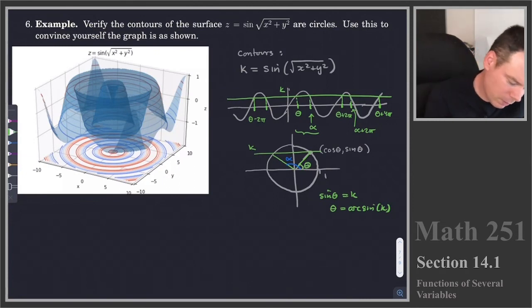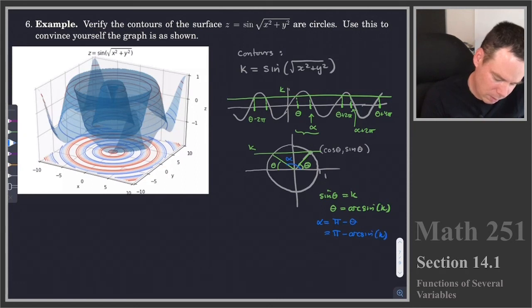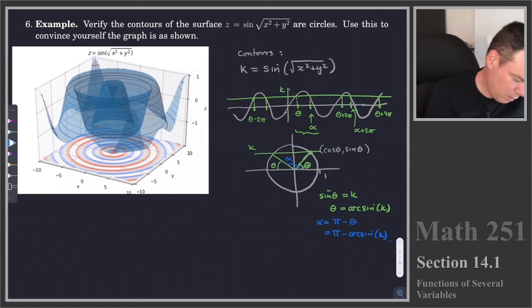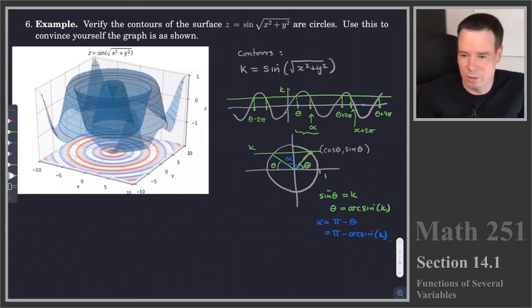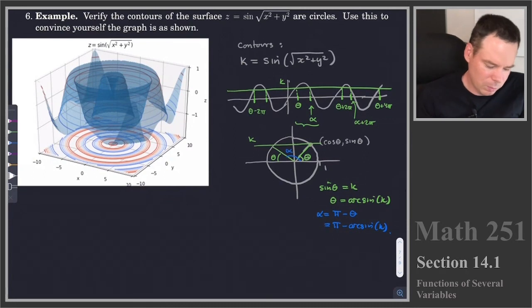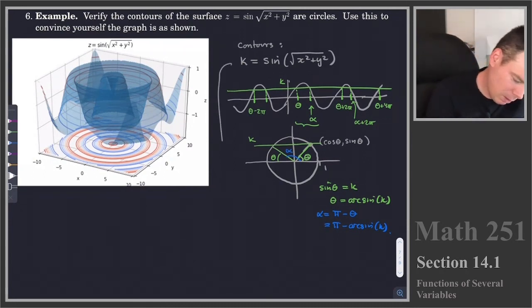How do I get alpha? I just noticed that this is also theta, so that alpha would be pi minus theta, or pi minus arc sine of k. All right, so now I've got all the ingredients. So this was all review about trigonometry and working with inverse trig functions. This was a high school review, but that's the ingredients we need, because now I can come back here and say,